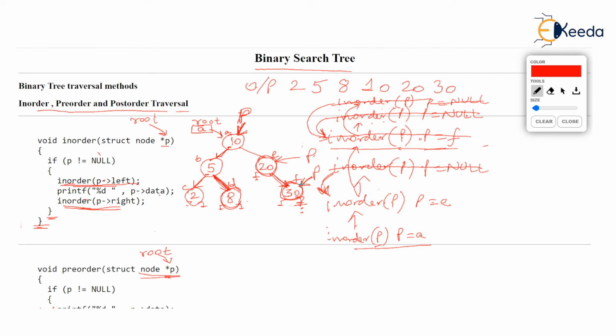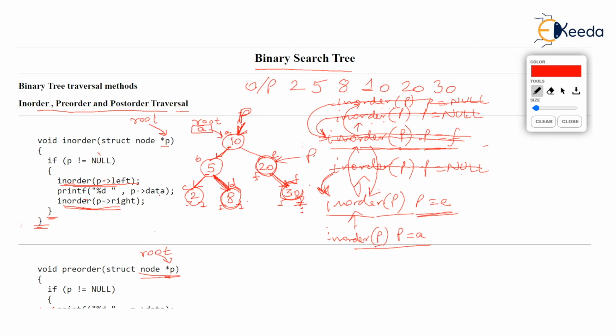We have finished. So this function, in order where p was pointing to f, is finished, and the garbage collection is done. As I'm erasing this pointer p, it's of no use because the function is over. Now when the function for p equal to f ends, obviously we are back to the calling function, and the calling function is in order p with p at e. Come on then, this is your turn now.